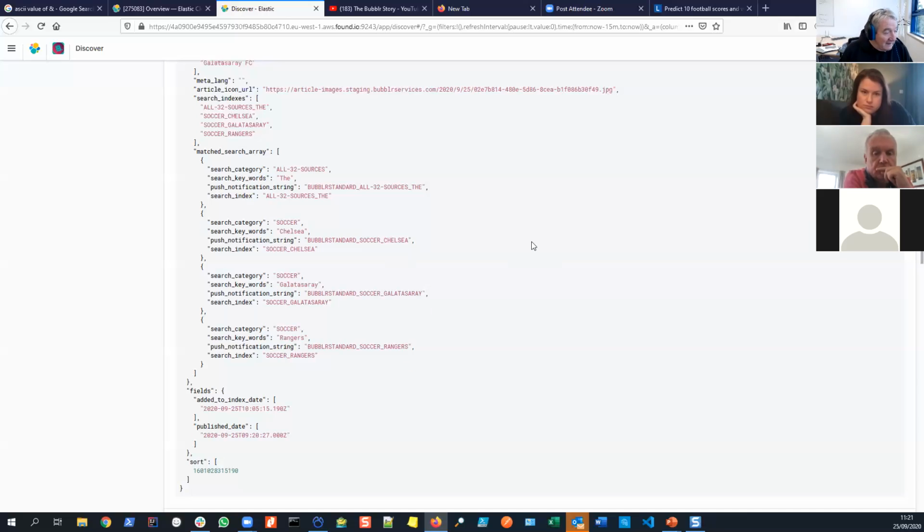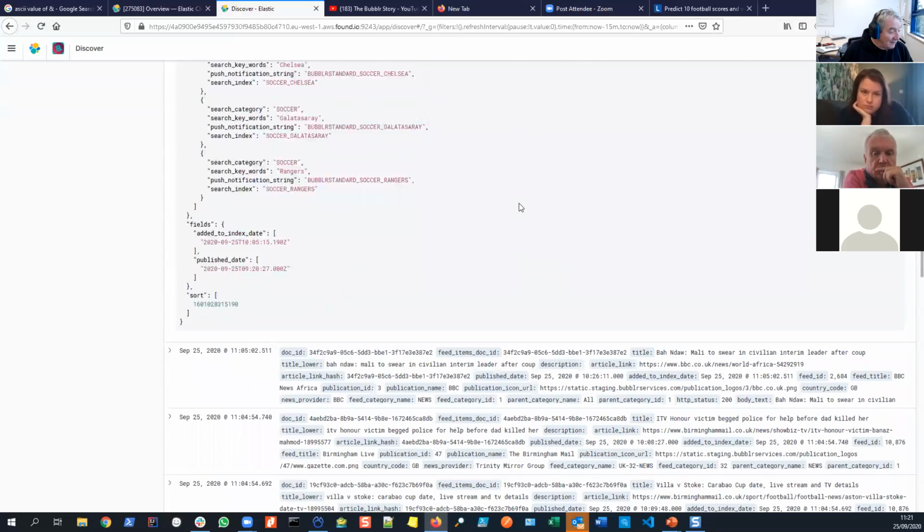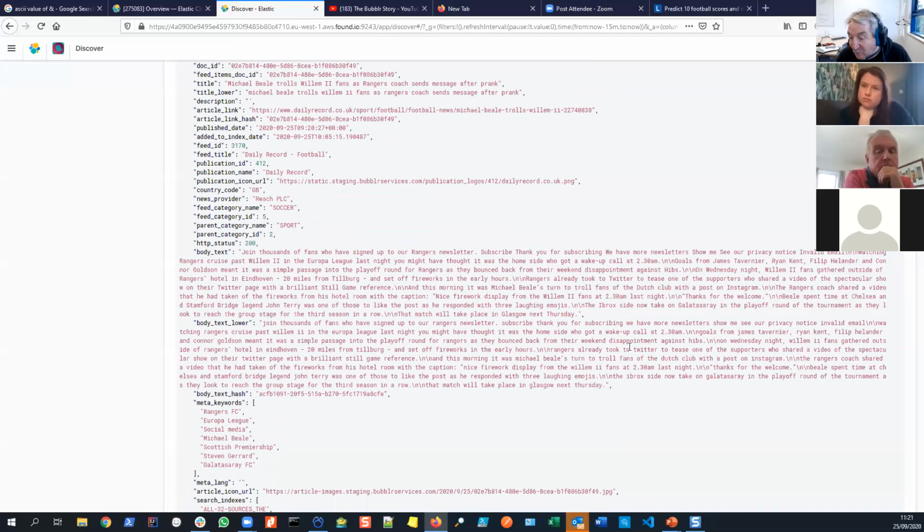The other interesting thing is that an awful lot of these stories are going to come in where they don't match any searches that we've got. Now we don't discard these; they're still included within feed items, and the reason is that people may search for something new, a brand new search. You might search for a rare keyword like endometriosis. I always use that as the rare keyword, which nobody has searched for before.